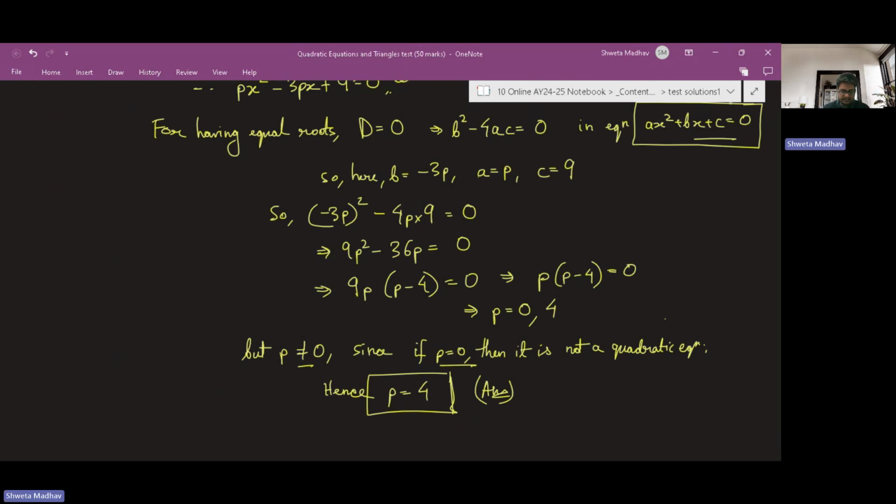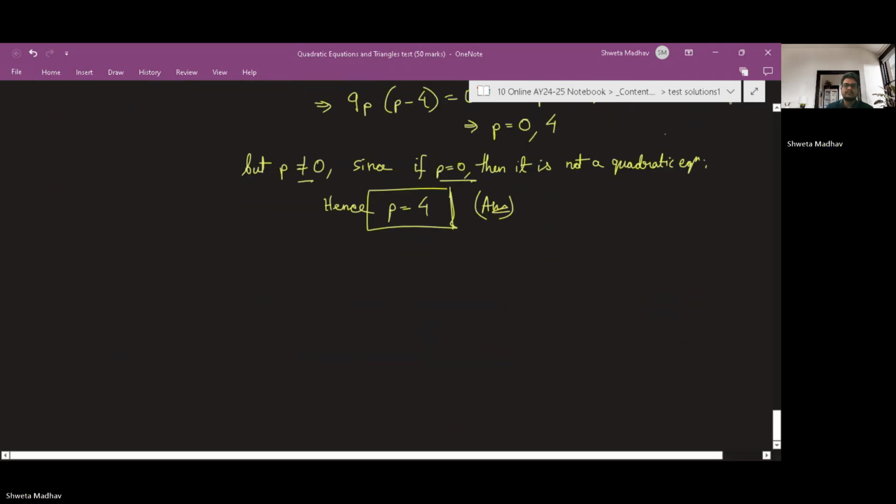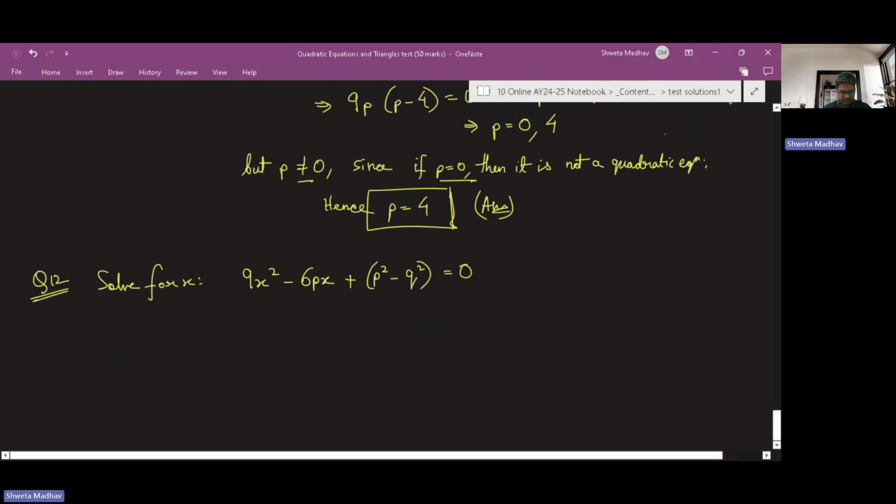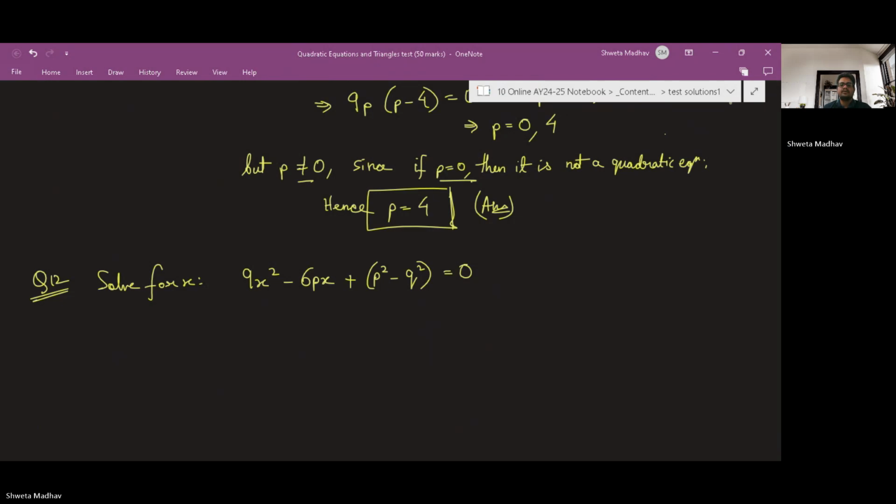Then in question number 12, we are told to solve for x: 9x squared minus 6px plus p square minus q square, that is equal to 0. So if we solve it, then we will get